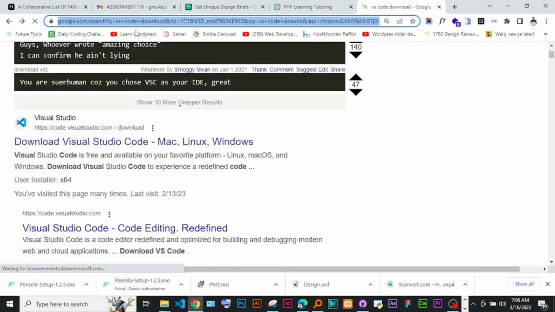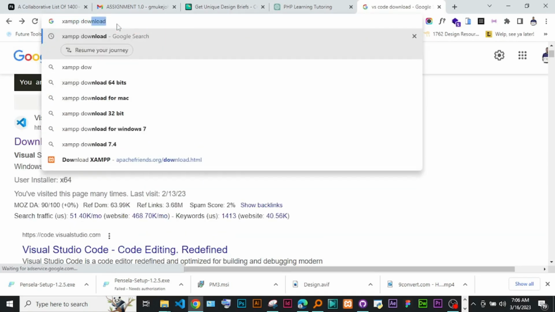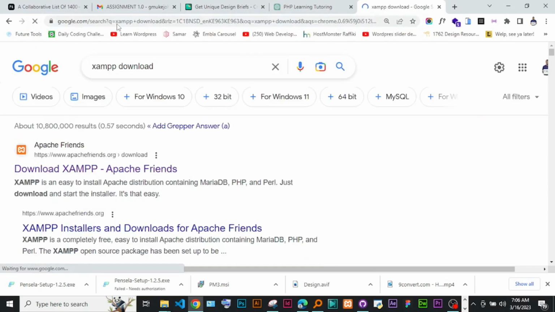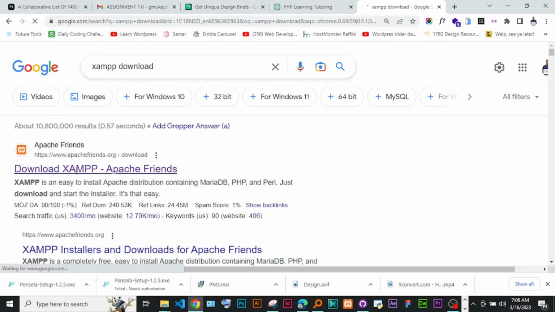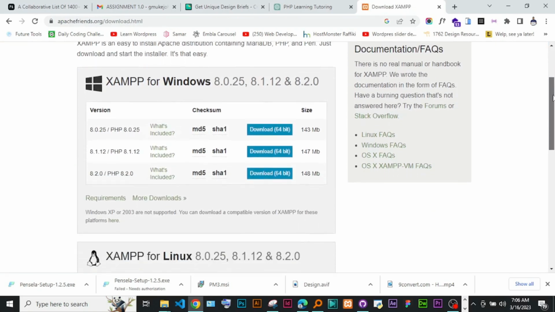So another one, you can just go and search for XAMPP. So type in XAMPP download. Okay, just type in the browser XAMPP download, and download XAMPP from Apache Friends. This first link here, just simply click on download, and then they will take you here where you also download